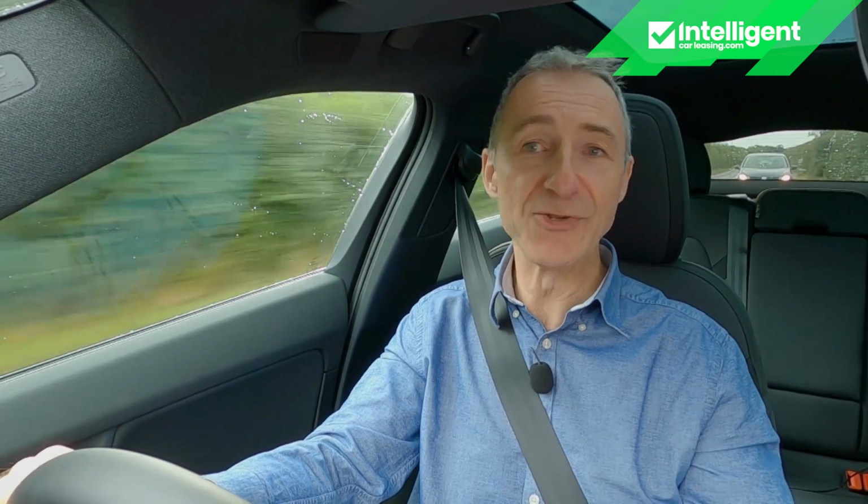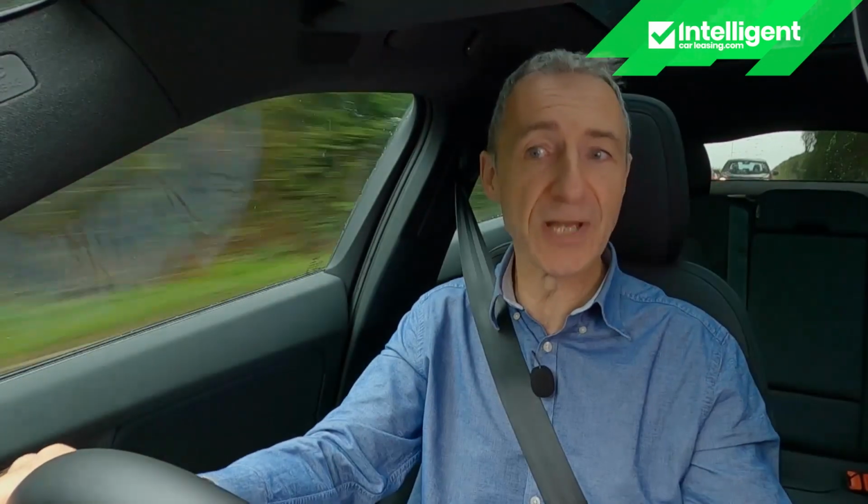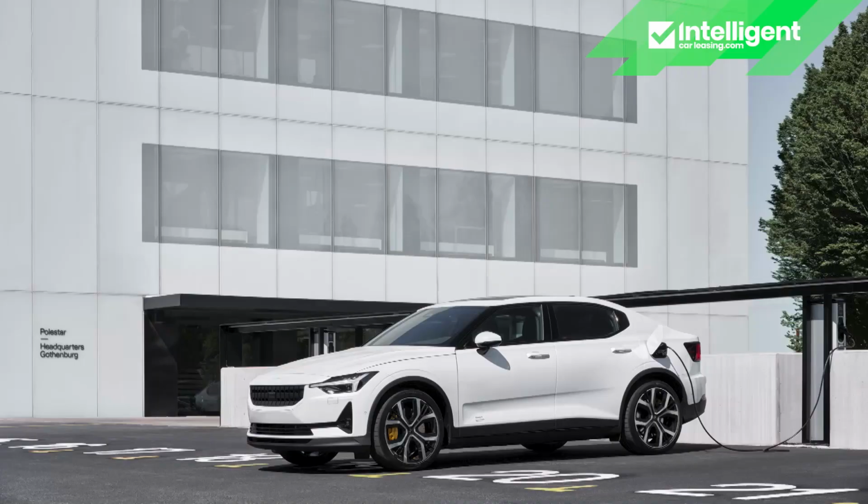Now, if you've switched off during that little rundown, you can rejoin us now with the news that overall, although we'd like this car's range returns to be slightly better, it delivers a pretty class competitive showing. So time to move on to issues of charging, a whole new regime to get used to for a lot